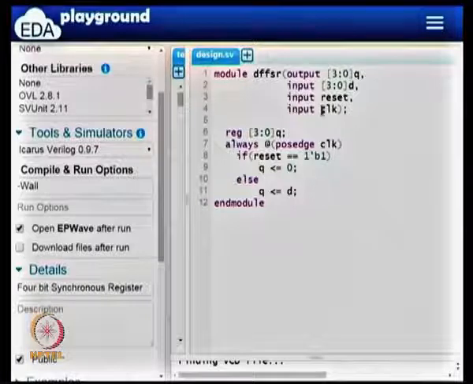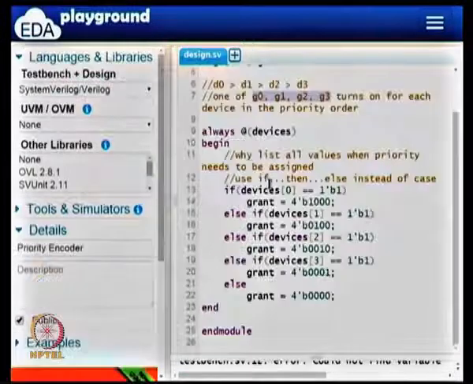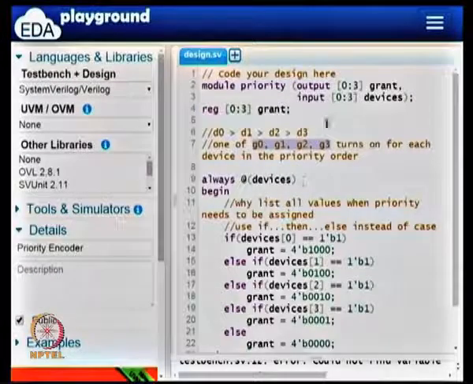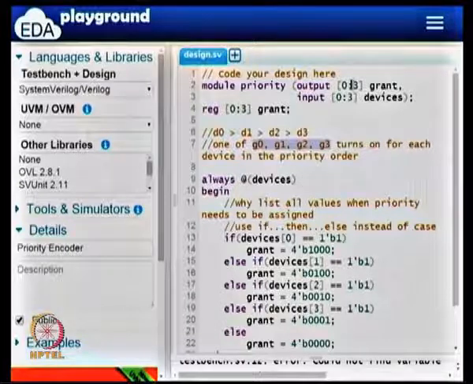There are two things that I have done. In this case, I have used input and output as 3 to 0, and in the devices I had declared it as 0 to 3. Unlike programming languages like C or C++, Verilog will let you pick the leftmost index. If you say 0 to 3, the leftmost index is 0 and the rightmost index is 3.